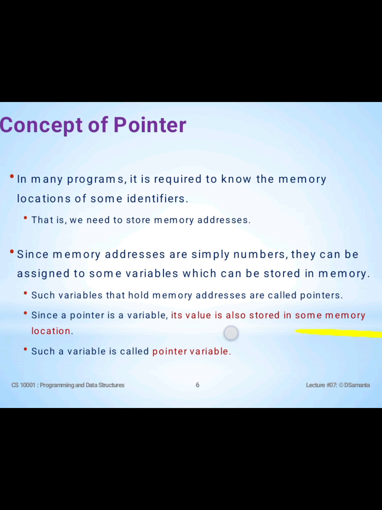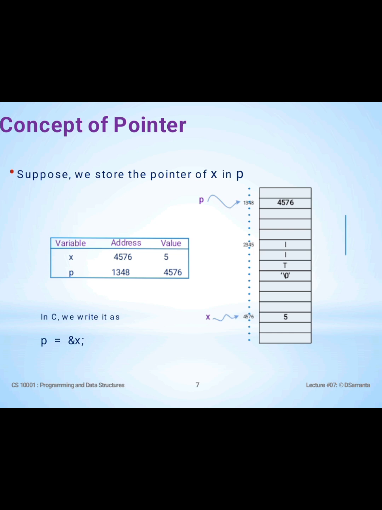Suppose we store the address of x in p. Variable is x, address 4576 and value is 5. Variable is p, address is 1348 and value is 4576. In C, we write it as p = &x;